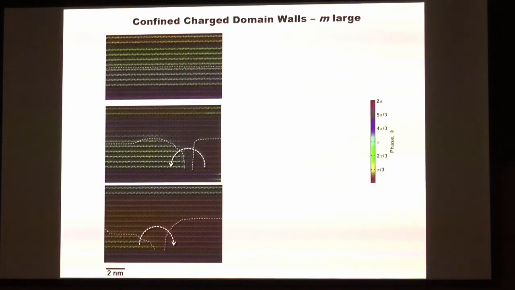And so we can see what happens in these superlattices as a function of M. So when M is large, what happens is we most often get these patterns where we have these stable charged domain walls running through the material. Whenever these charged domain walls sort of terminate at the end here, we get these kind of half vortices. And so what's happening is it ends,